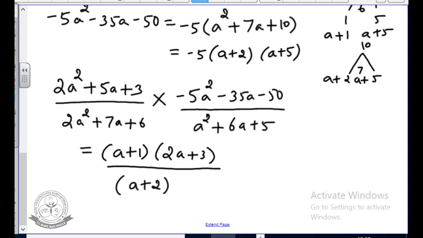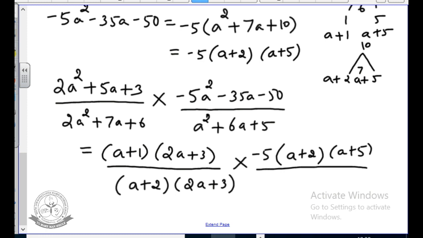A plus 2 into 2a plus 3. So instead of division, here you should do the multiplication. Multiply by what we have already done for that: minus 5a square minus 35a minus 50, so minus 5 into a plus 2 into a plus 5